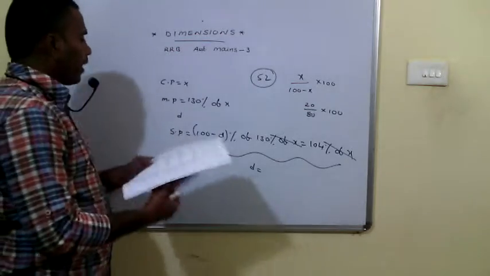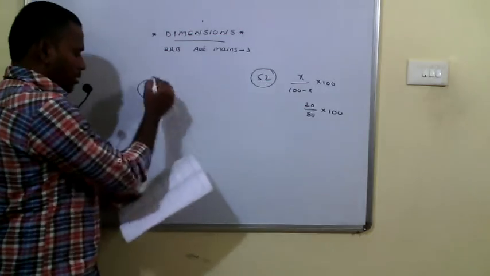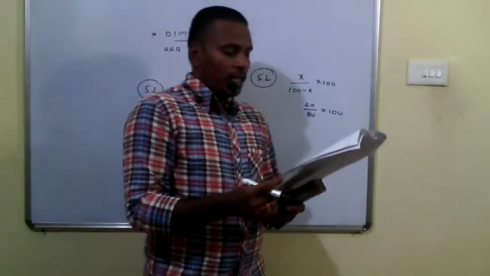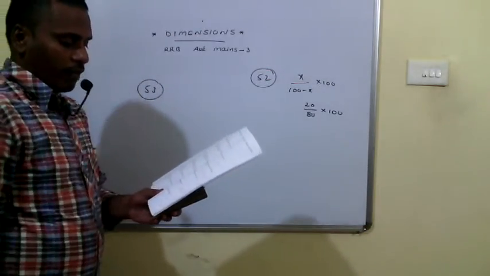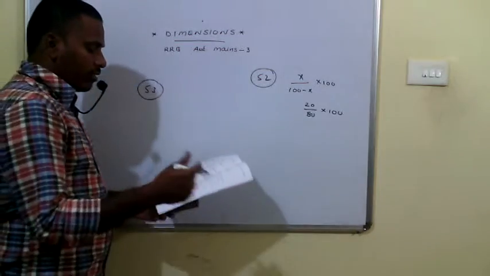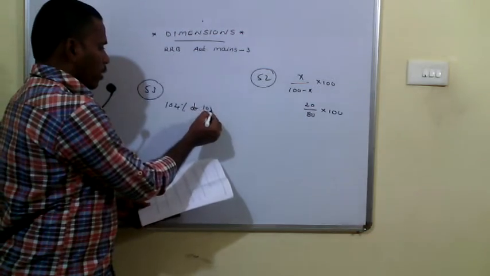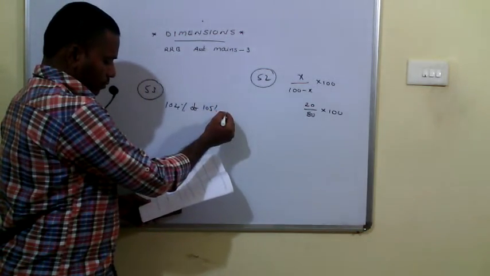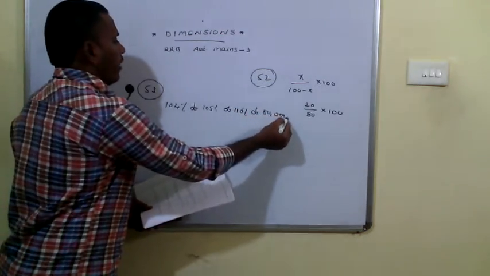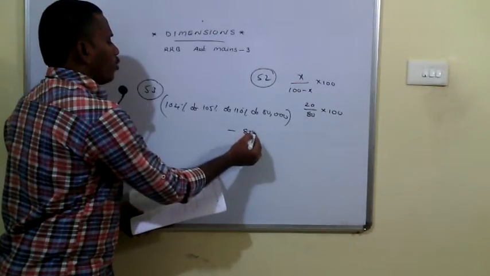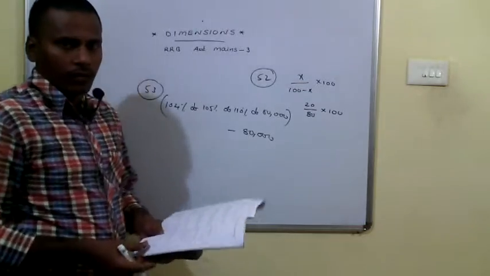Okay. Then coming to the 53rd problem. It is given: find the compound interest on 80,000 for 3 years if the rates for the 3 years are 4%, 5% and 10% respectively. Since the rates are 4, 5 and 10% respectively, the amount is 104% of, 105% of, 110% of 80,000. After calculating this, we need to subtract 80,000 from this to get the compound interest. This is the amount after 3 years minus 80,000, which gives us the compound interest.